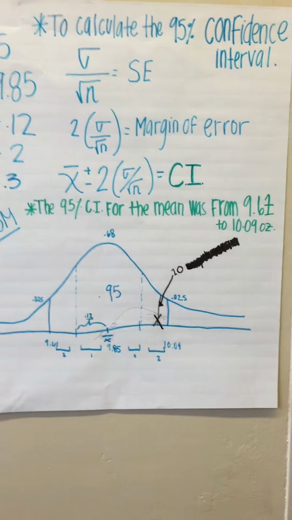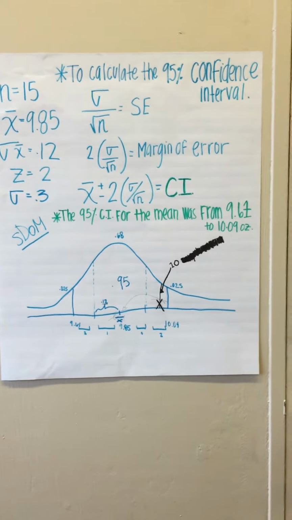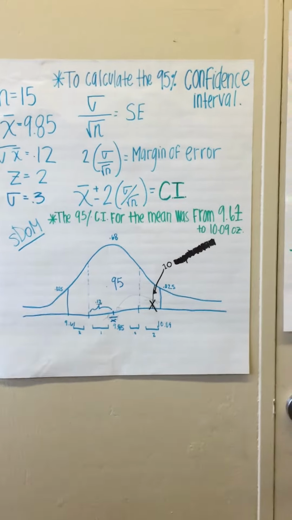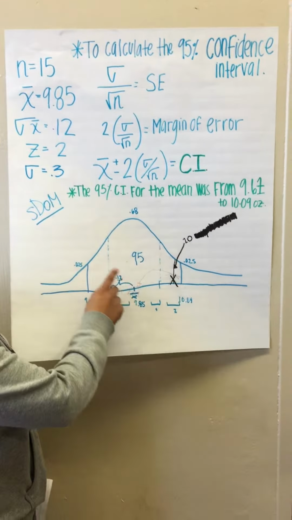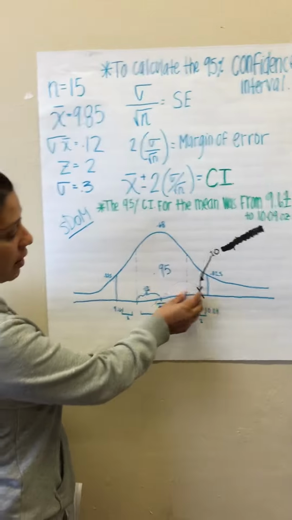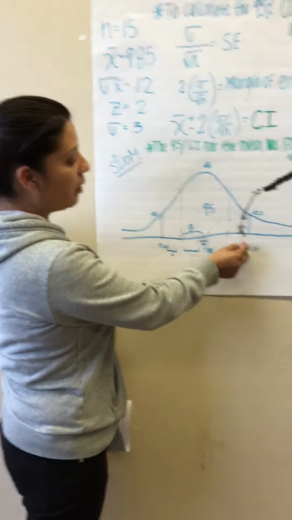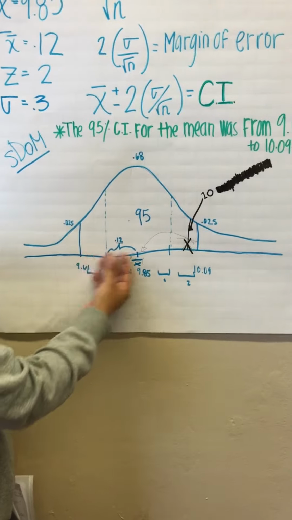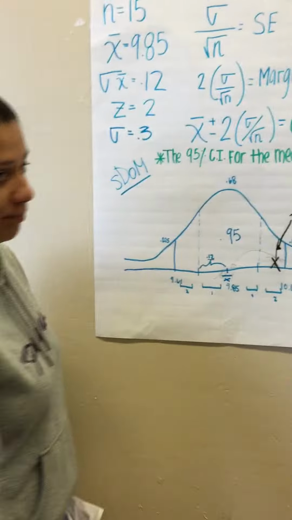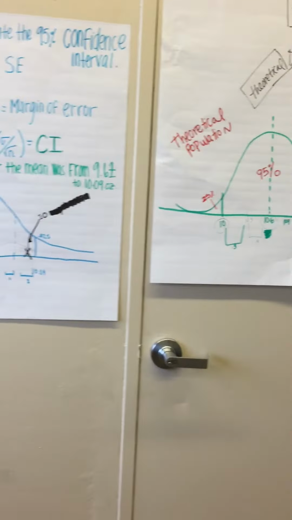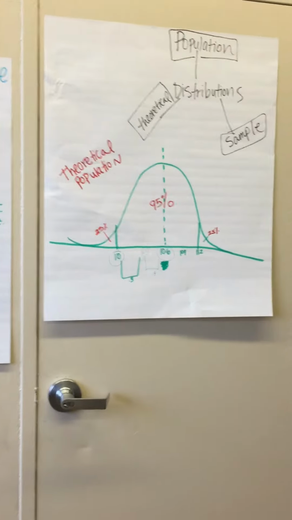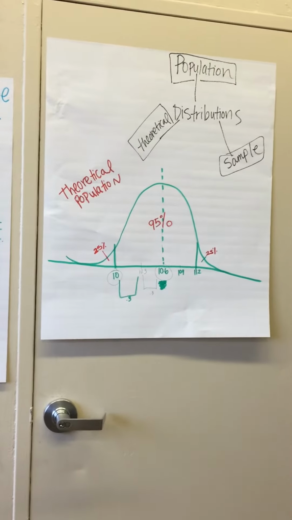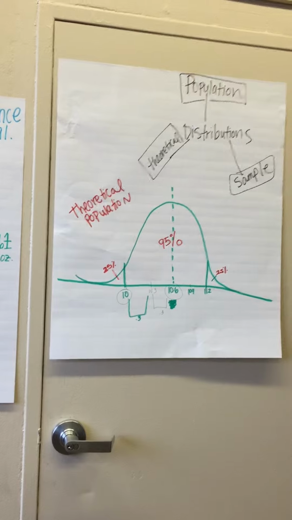And here is how we address the customers' complaints about the bags not weighing enough. The customers are correct. They're not getting their money's worth. You can see from this graph that there's a small percentage of people receiving 10 ounces in their bags, but there's a lot more people who are not getting the 10 ounces. If you wanted to make sure that 95% of all the customers who bought a bag of Flaming Hot Cheetos got at least 10 ounces of chips,